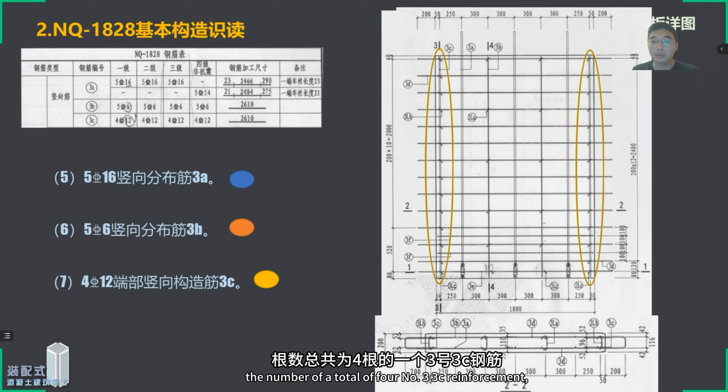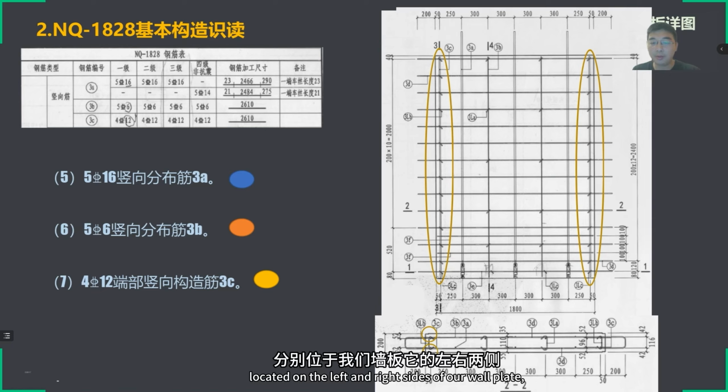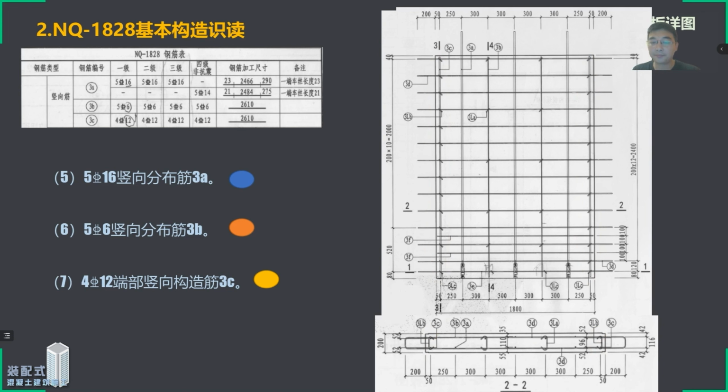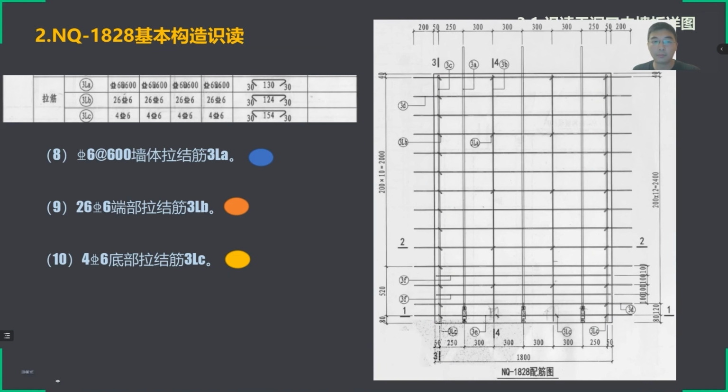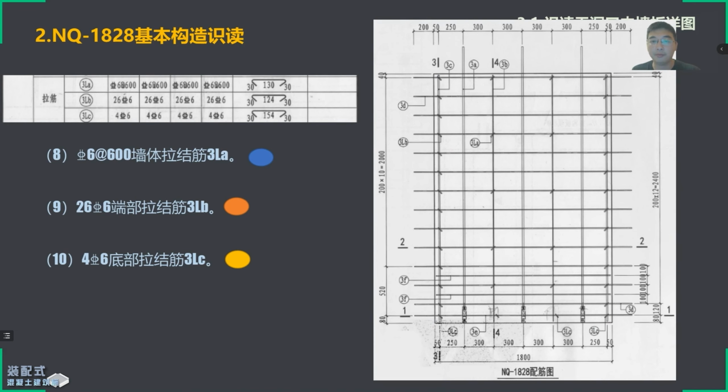The number is a total of 4, no, 3C reinforcement, located on the left and right sides of our wall plate. The top and bottom each have a total of 1. Except for the horizontal distribution reinforcement just mentioned, and the vertical distribution reinforcements,